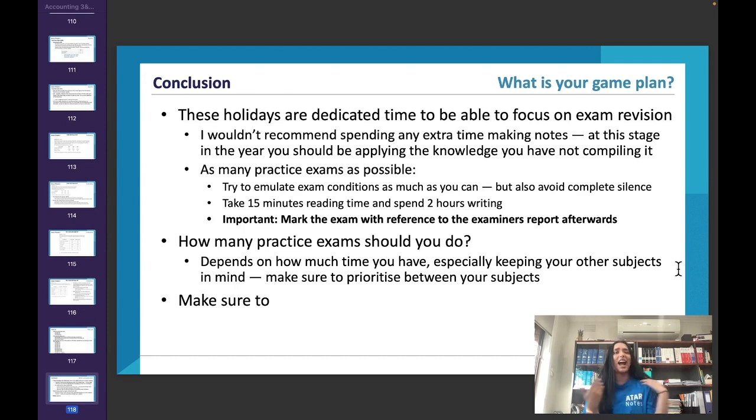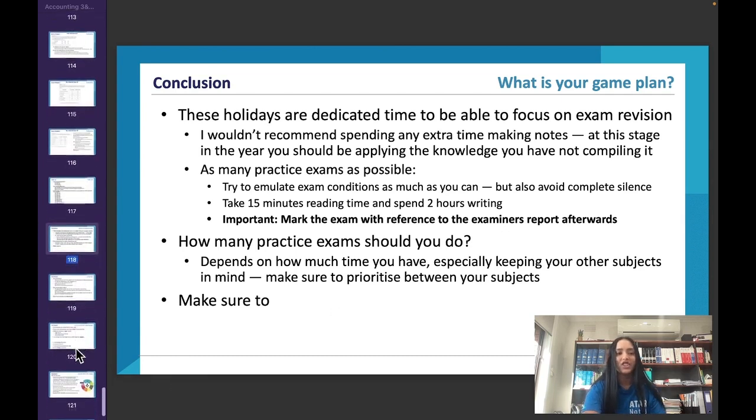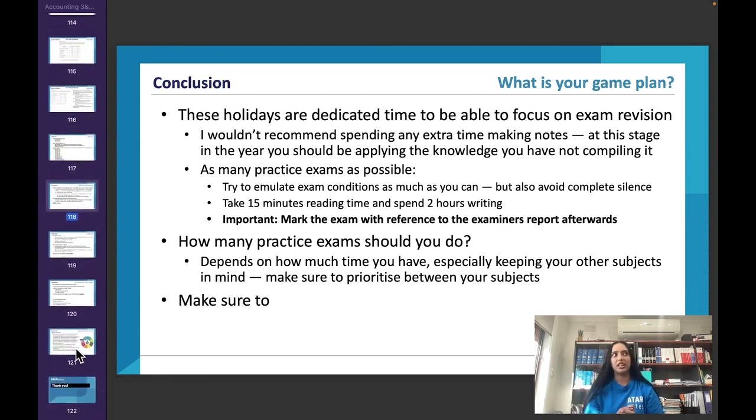At the end of the day, no matter how many practice exams you do, and no matter how much you practice your time management, there are so many factors that affect your time management in the final exam. There could be distractions. You could get stuck on a question. There's so much that can affect your time management in the final exam under those timed exam conditions. And so the number one tip that I always give to every single student who's ever done accounting is basically just do the questions that you're good at first. Don't do the exam in order.